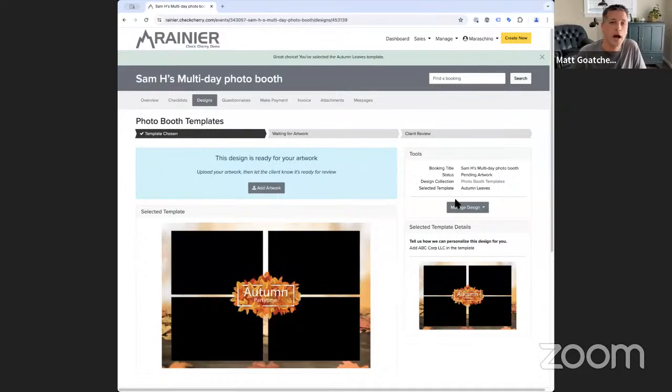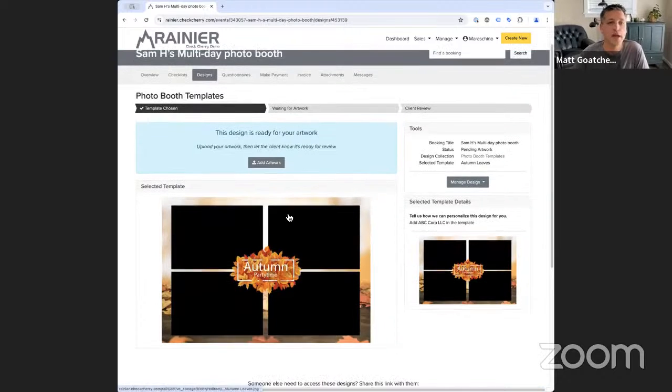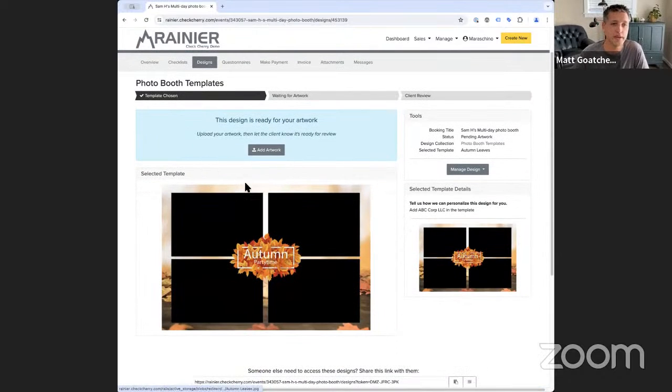And if you know the format of what those templates are going to look like, if they always have a first line and a second line and a third line and things like that, it's real common just to make that a question that you ask the customer. So like, what do you want in line 1? What do you want in line 2? Upload a logo, things like that. But now that the customer has chosen this template,